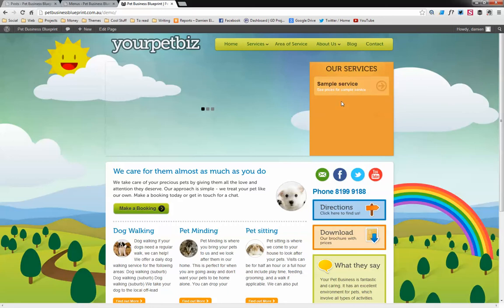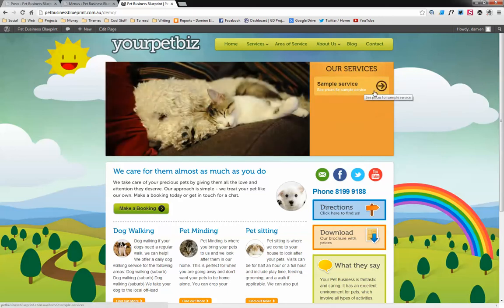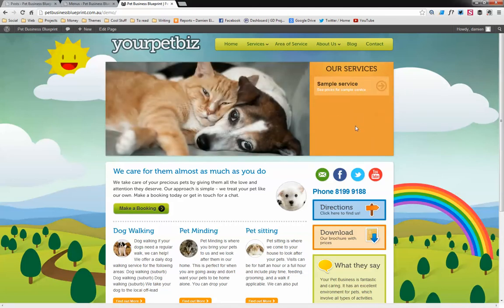So ideally you'll have 2 or 3 services, because it looks a little bit bare with just having one service there. So even if you only do one thing, if you can break that down into some sort of sub-services or something, because otherwise it's just a bit of blank space there. So it could be products. You can also change this to our products, and to change that title there, what you do is you go appearance, theme options,